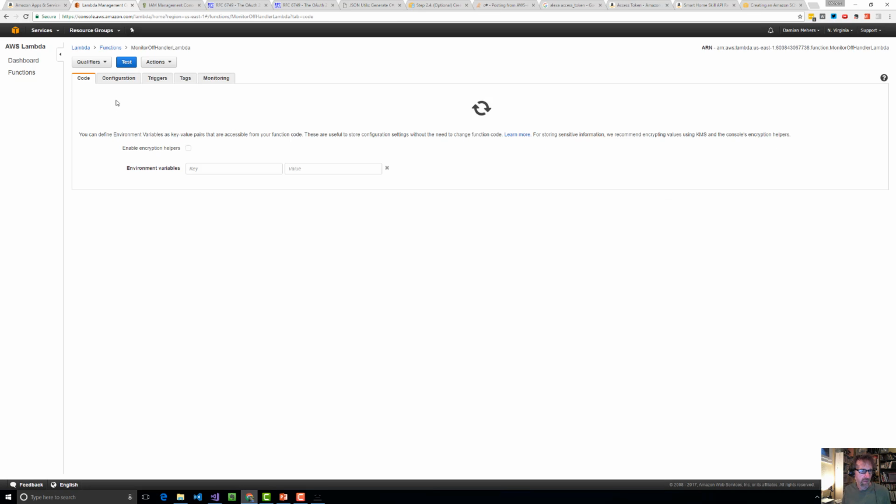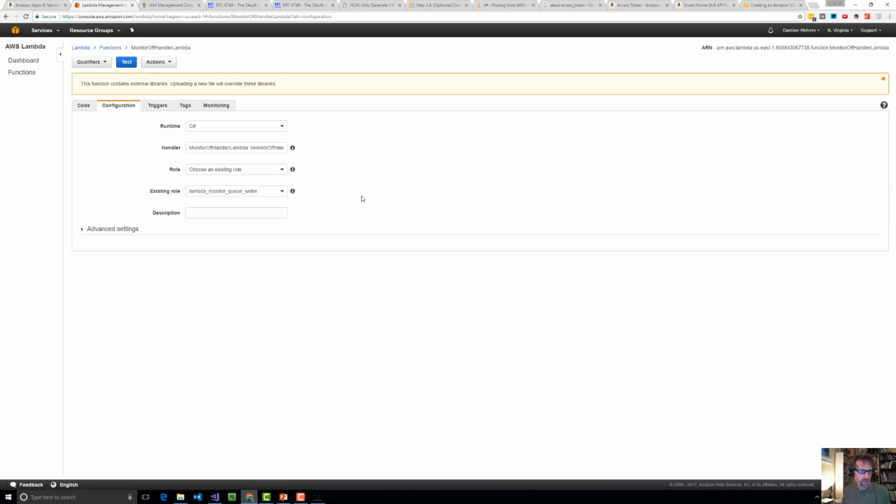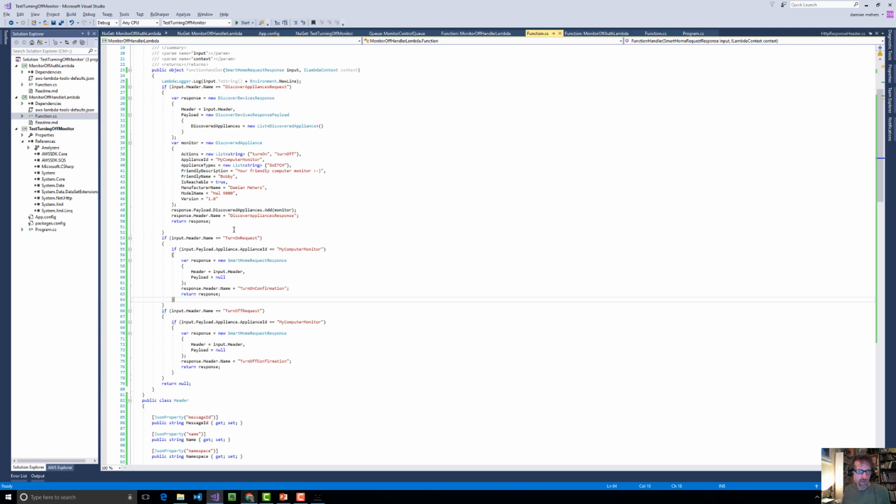So the handler Lambda is using this role here, which is essentially the same as the basic one, except it also lets me write to the queue. Alright, so that's that. Now if I go back to the Lambda here,